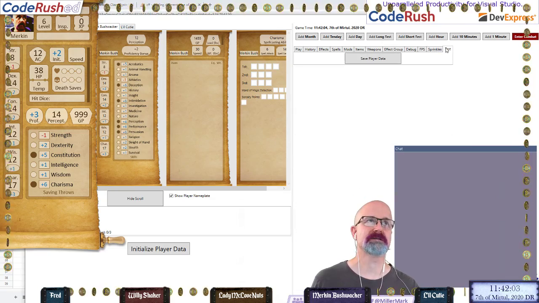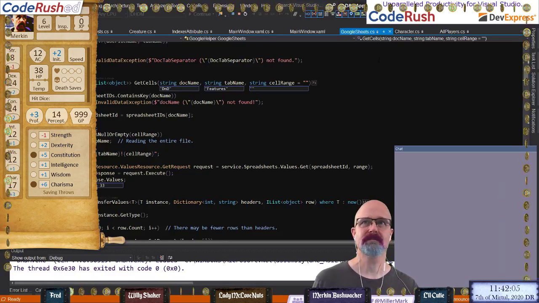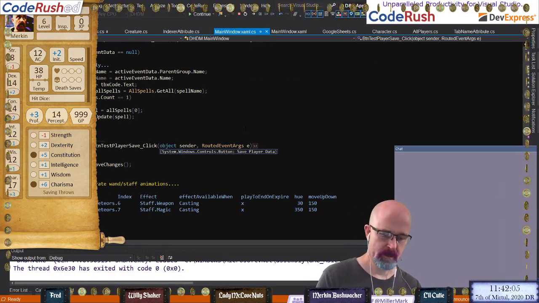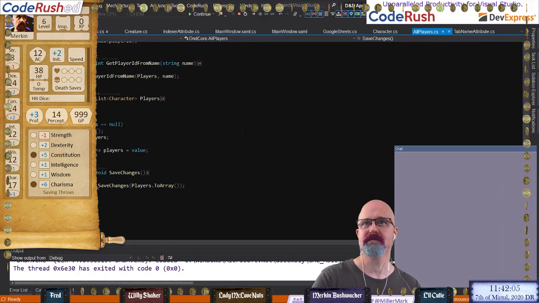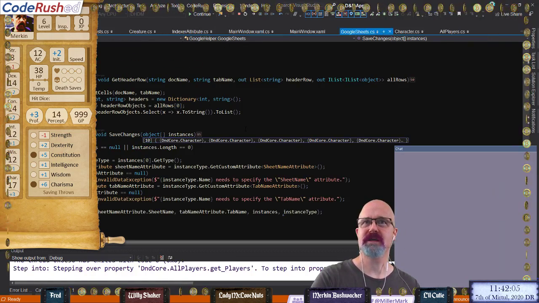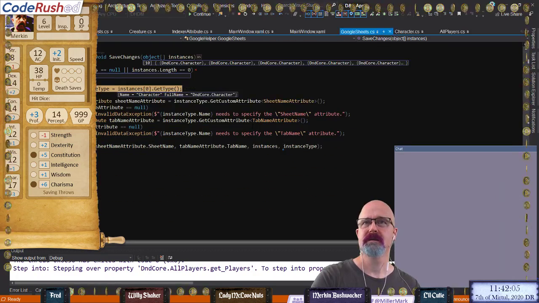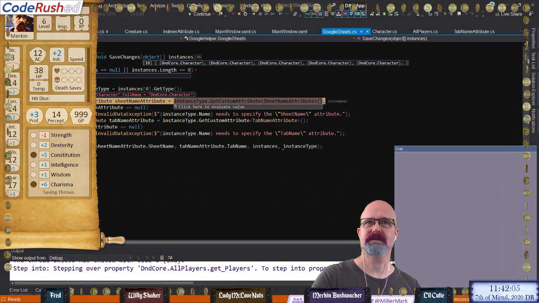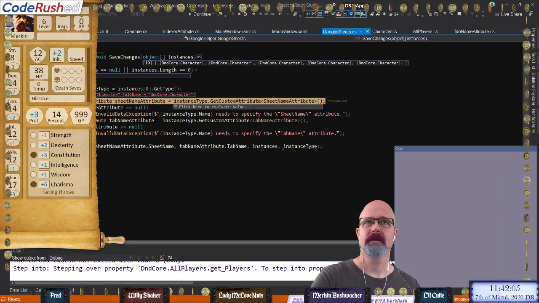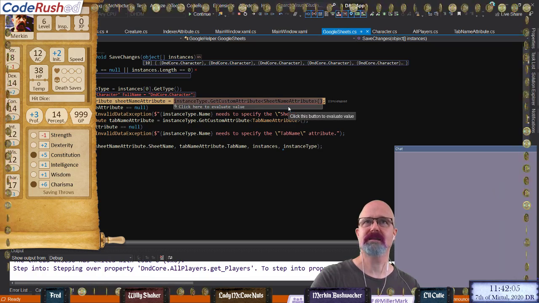Let's go click our test button, save player data. Here we go. Music's perfect. Save changes. Here's my instance type. It's a character. Get custom attribute. I think